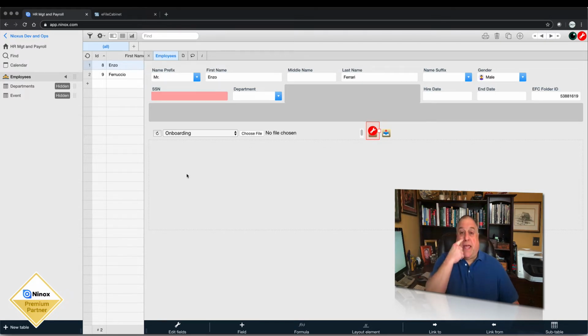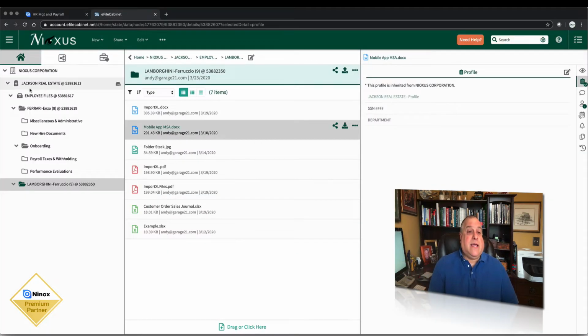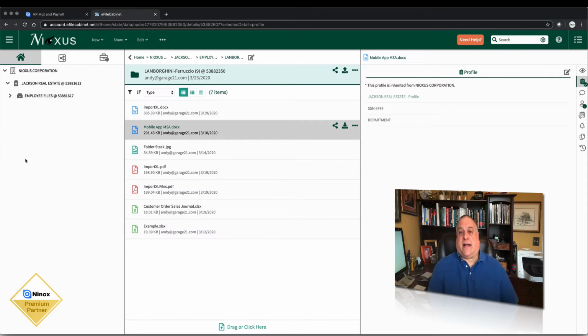Let's say you have a database with 15 tables in it. 4 of those tables, employees, customers, vendors, and subcontractors. Those are the tables that have all the people that are part of your business world. And the 5th table, inventory items. That's the stuff that you buy and sell to keep your business going and growing. Each of those 5 tables can be independently linked to a different drawer here in the eFile Cabinet by Nioxus